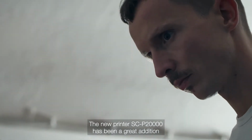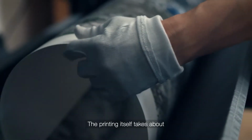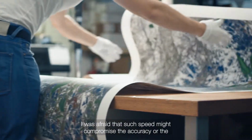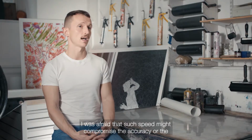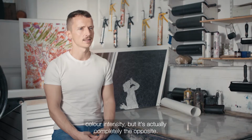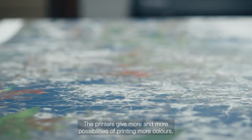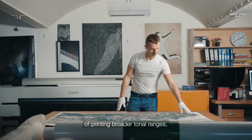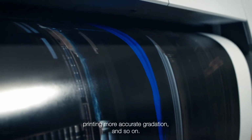The new printer P20000 has been a great addition to the Epson suite here in the Royal Academy. The printing itself takes about a third of the time that it used to take. I was afraid that such speed might compromise the accuracy or the color intensity, but it's actually completely the opposite. The printers give more and more possibilities of printing more colors, broader tonal ranges, more accurate